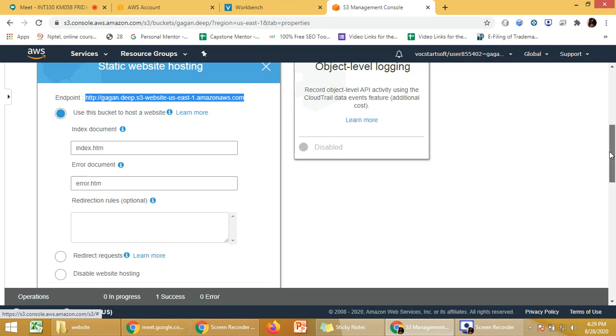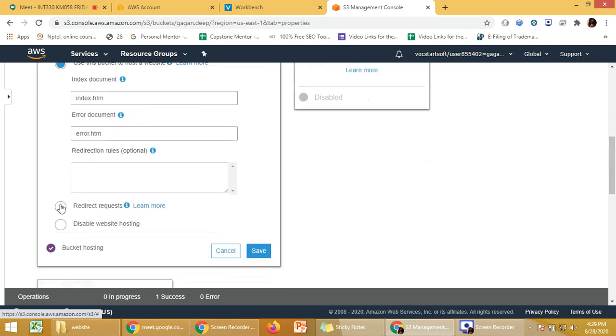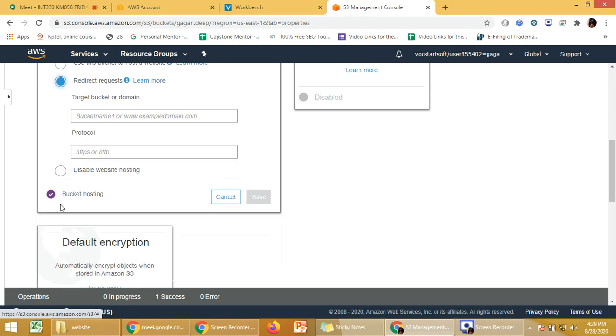Now if you want to redirect these requests, meaning you want some other bucket to host, you can simply put that bucket name at this place and put the protocol. So in our case it was www dot and the protocol was HTTP.